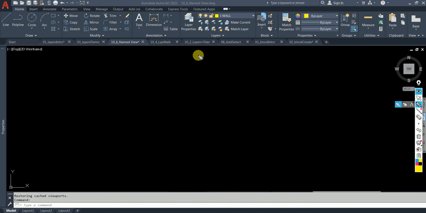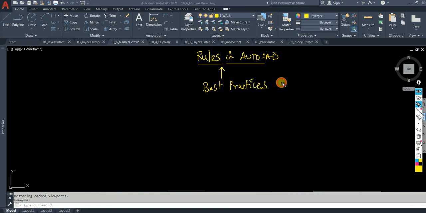Just one thing I want to tell you. These are some of the rules, or good practice rules, in AutoCAD. One of the main rules, I would call it John's best practice. Many people would tell many things. John would tell you: do this and be happy in life, and be happy in AutoCAD. What is the best practice in AutoCAD? Whenever you draw, remember this rule. Whenever you draw, for example a line, polyline, circle, whatever,